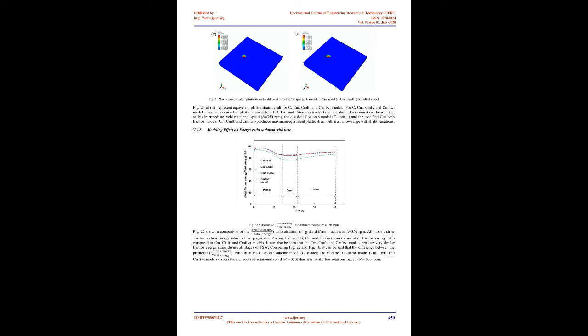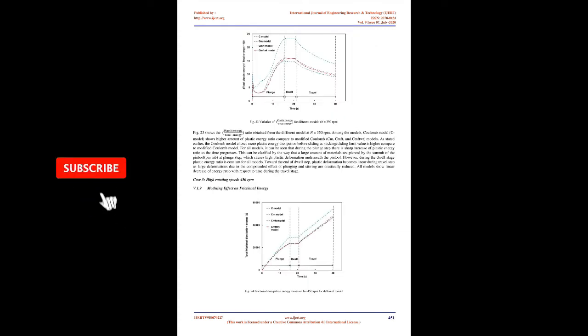Fig 20 shows the amounts of plastic energy predicted by different models for the 350 rpm rotational speed. The comparison of all four models shows that the Coulomb model, C model, produces higher energy in all steps of FSW compared to the modified Coulomb models, CM, CMFT, and CMFTWT. As mentioned earlier in section V.1.2, in the Coulomb model, friction stress is not limited to a maximum value,